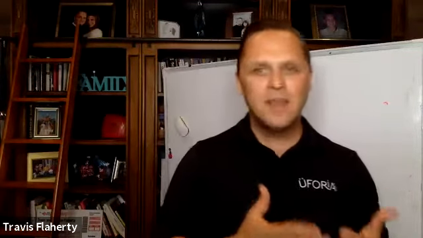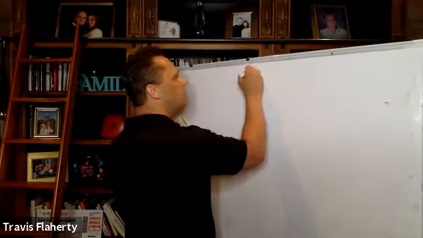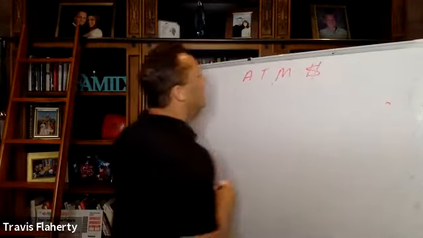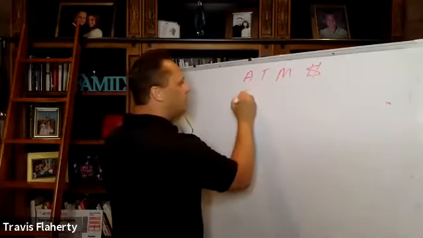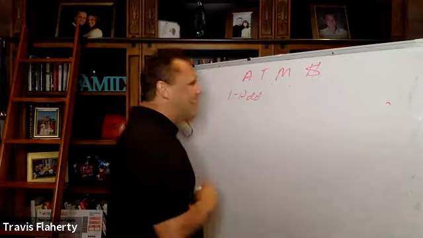How simple is it to add somebody to a group, tag them on a video, then tag them on some testimonials, and then add them to Facebook Messenger? I'm going to write those steps down, okay? So ATM. For those of you that are new, that are watching for the first time, this is our acronym, ATM, right? Here's how it works. First of all, you simply add them to our group, right? That's step number 1. We have a group called DNA Nutrition Testimonials. Add them to the group. We've got close to 9,000 members in that group. And you can add them to that group anytime.